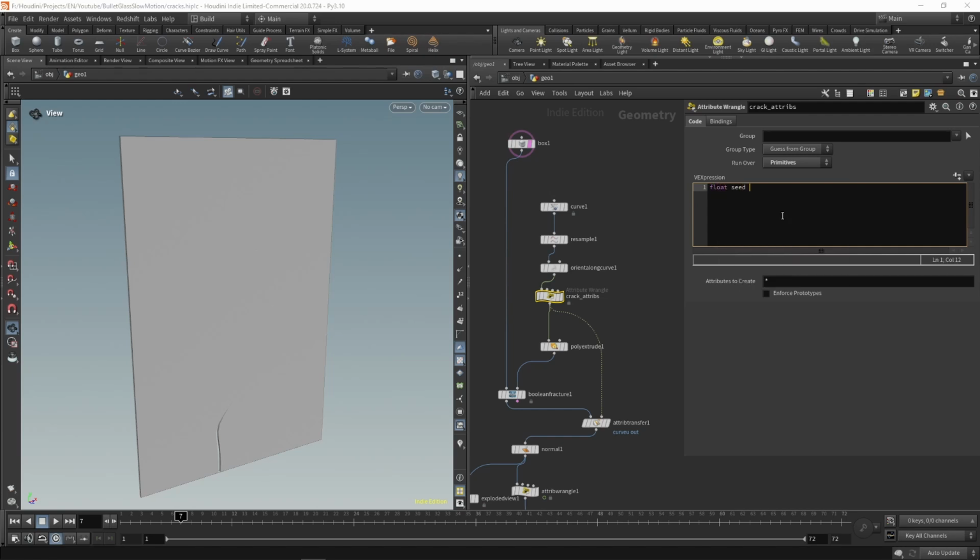Float seed is equal to chf seed, int prim count is equal to n primitives, and now for int i equals 0, i less than prim count, i plus plus,